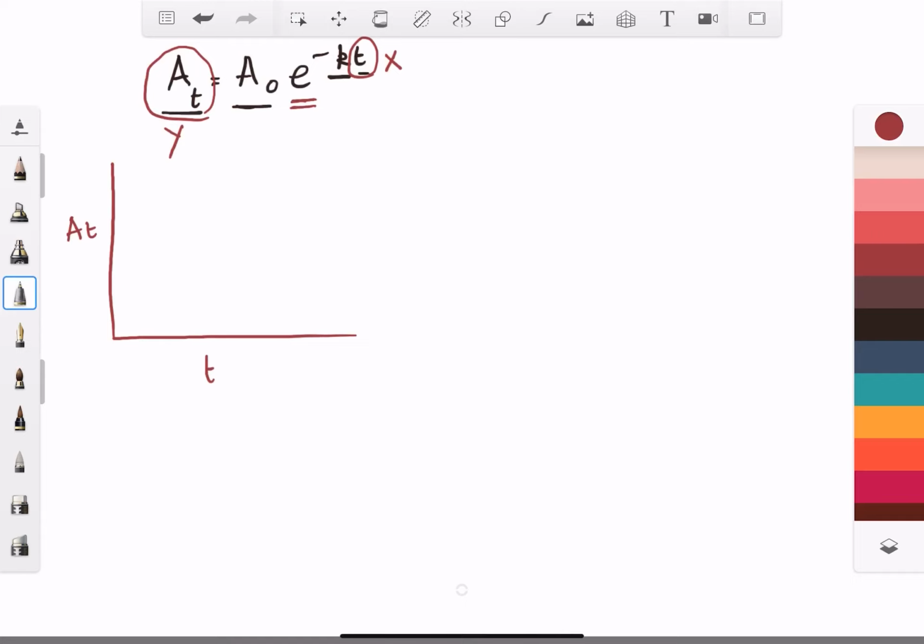Okay, as we are talking about an exponential term, then we will have an exponential profile related to this term. And one more important thing, we have a minus here. So it will be a decay or a decreasing exponential profile. So if we want to draw this profile, it will be